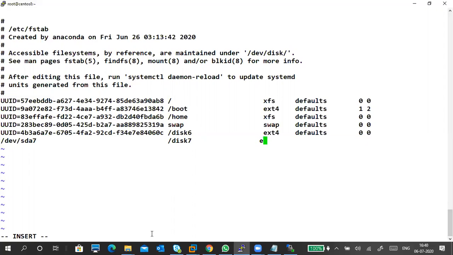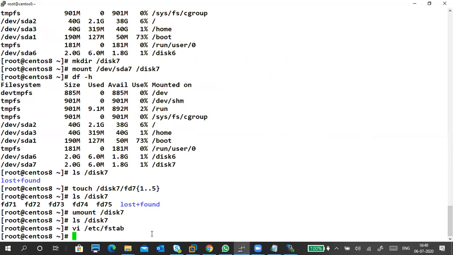It looks good. ext4. If you are maintaining it, it looks good, like it's parallel. That feeling is there. defaults 0 0. If I restart this PC, the mount still happens automatically. Even though I unmounted now, later when I restart the PC, it will automatically mount it. But I mount /disk7 now only.